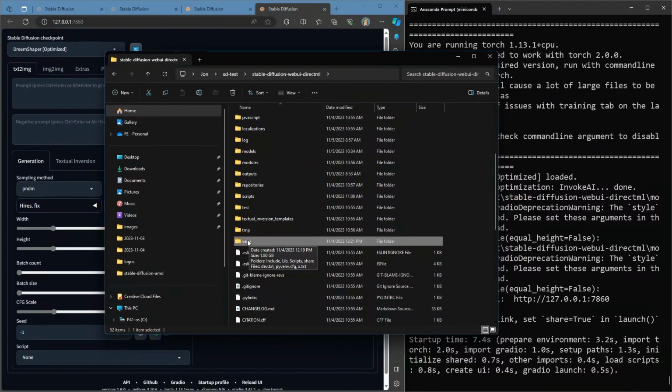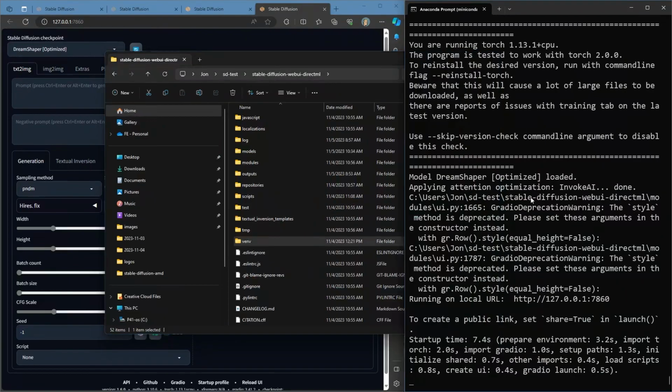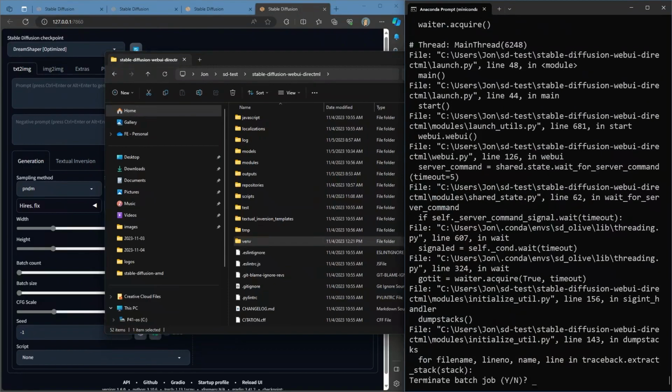So what you can do if things get really screwed up and simply restarting it won't work, your olive cache folder is in there, but it's still just not running and you don't really understand what's going on, you can literally just hit the delete button, delete out this virtual environment folder, and then once you delete out that virtual environment folder,